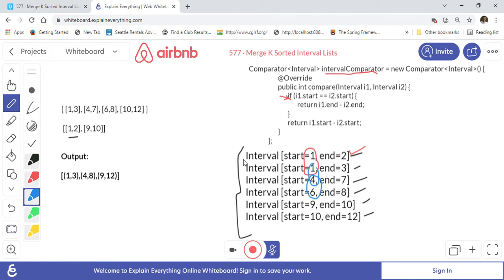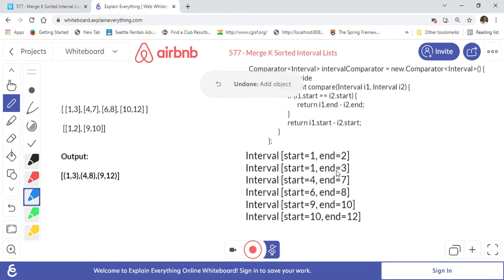When we remove from the priority queue, this one will come first, then this one second, this one third, because that is the way we have sorted the intervals using this comparator and kept them in the priority queue. So that is the approach. First we will do that, and then I will show you how we are going to merge these intervals. So now I will show you.